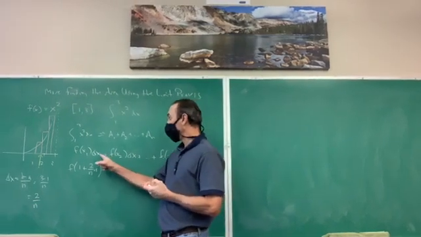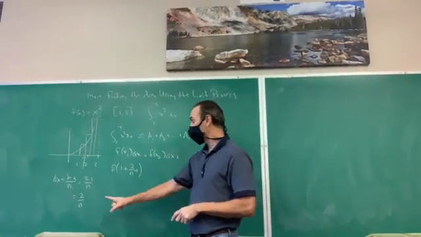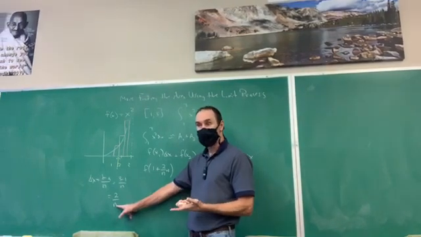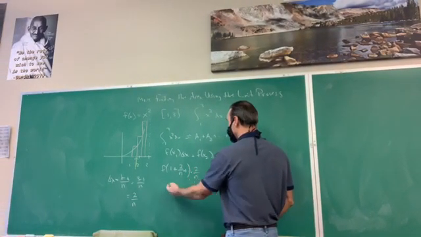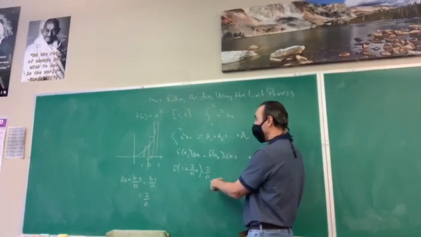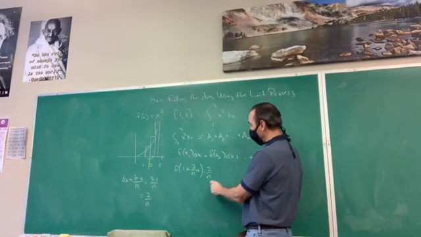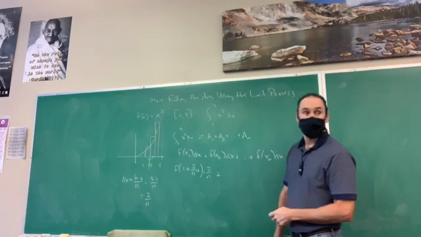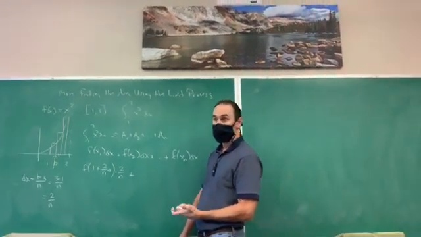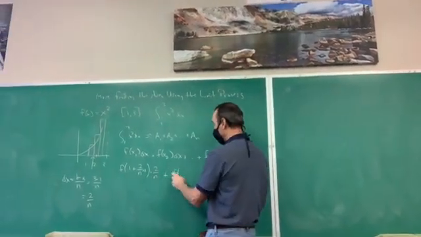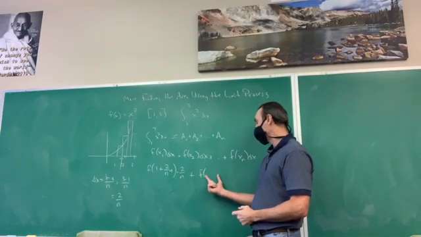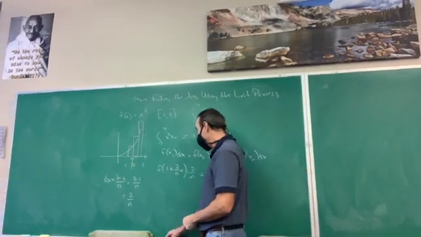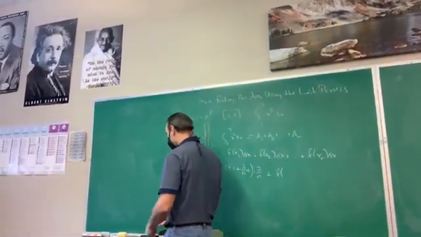The width of that rectangle is gonna be delta x, which we said is gonna be 2 over n. So that's gonna be times 2 over n. That's now the area of that first rectangle. Plus, now we're gonna get the area of the second rectangle. So again, the hardest part to conceptualize is we're gonna plug in for the x value. Now we are at,